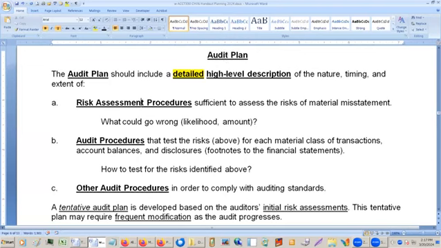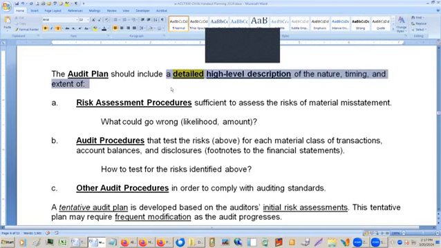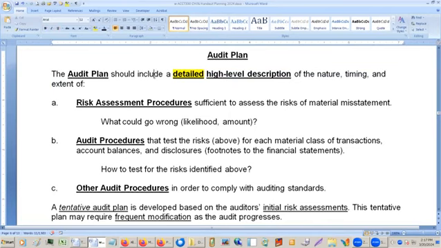Once you get the client and once you start going through and planning the audit, you're going to come up with the audit plan that's going to have the procedures, all the detailed. And a lot of these, if it's happened for more than 1 year, you'll have last year's ones. But you can also look these up on the internet and stuff. You'll find people that have audit plans for auditing cash, audit plans for auditing accounts receivable, inventory, and all that kind of stuff.